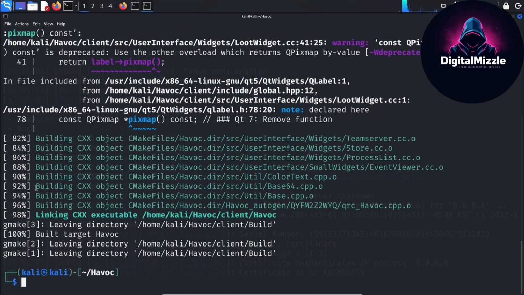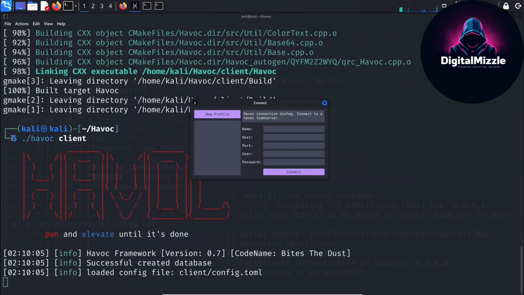And you can see right here we have the following, and they give you a percentage of how long it took to complete the client build. So once you're ready, all you got to do is enter ./havoc followed by client, hit enter on that, and you can see a pop-up coming up over here, and we can give it a name. So let's give this new profile a name. So let's call it Loy session, and the host will be 127.0.0.1,